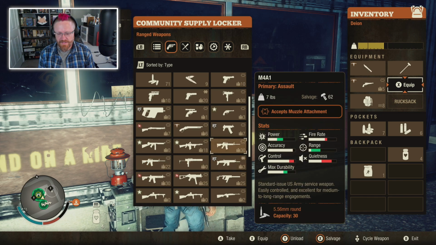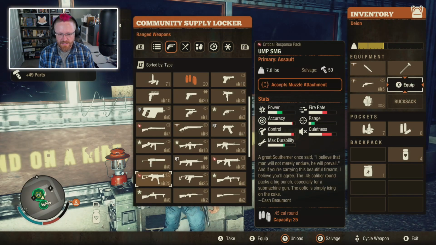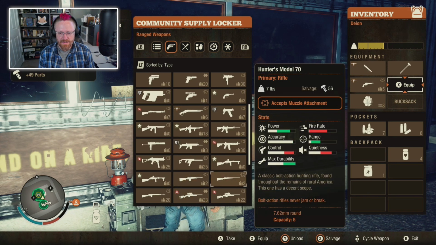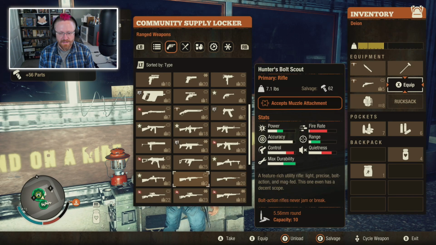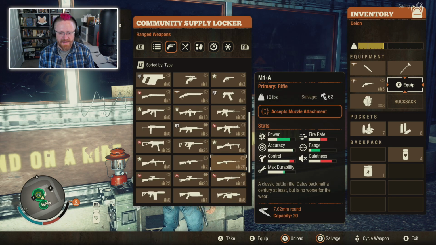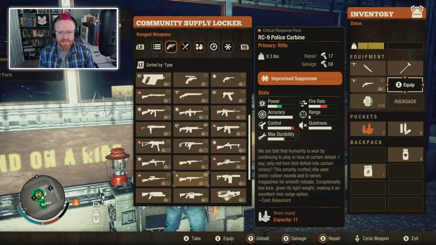So this one is 5.56. So we got two M4A1s. We don't need both of those. We've got... I'm never going to use a Hunter's Mutt. I'm unlikely to use a Bolt Scout, but I'll hold on to it. That M1A, probably not going to use it, though, because I've got other fancy guns. Okay, yeah, so it looks like here I do have...